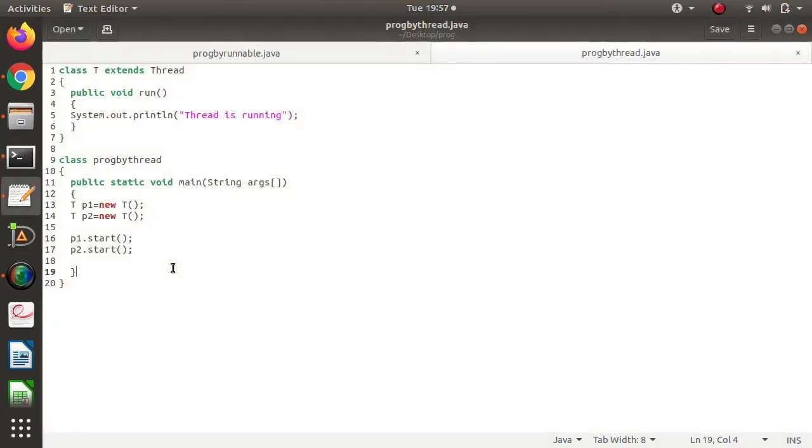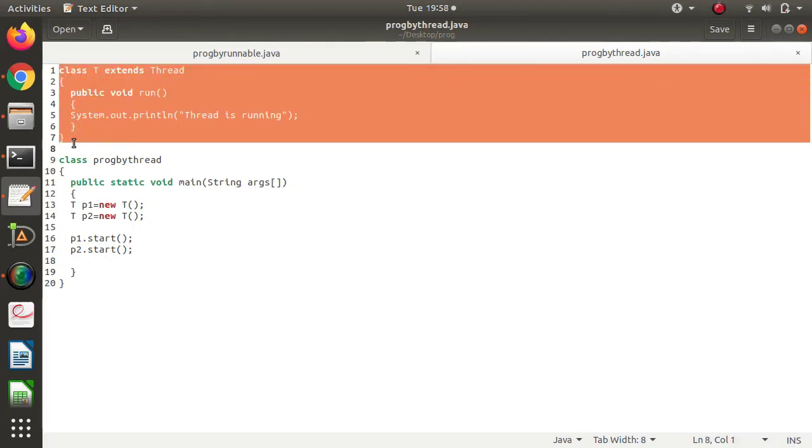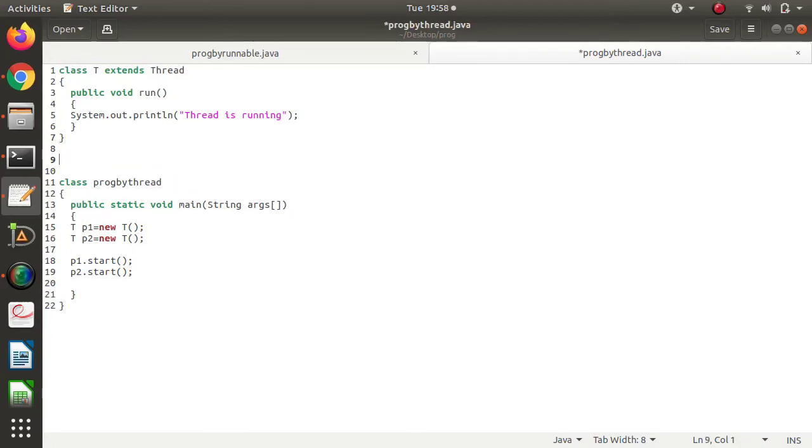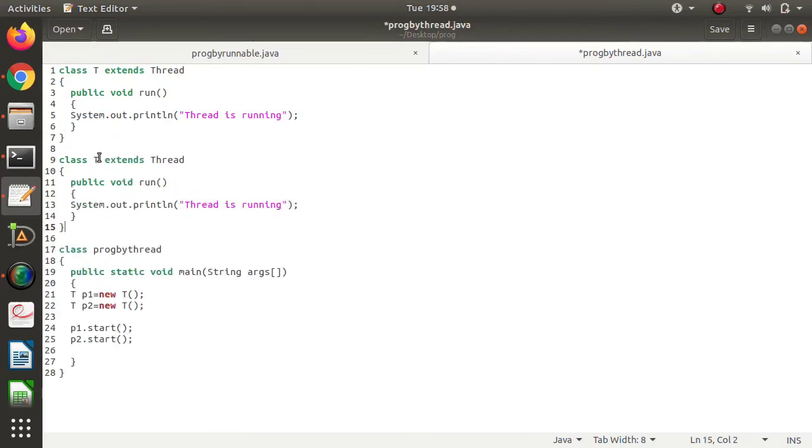Now we will create another thread, but this time we will allocate a different task. For that we need to create one more class. So we'll copy it and give another name, suppose T1. There also we are extending the Thread class and overriding the run method, and we'll give a different task to this thread.